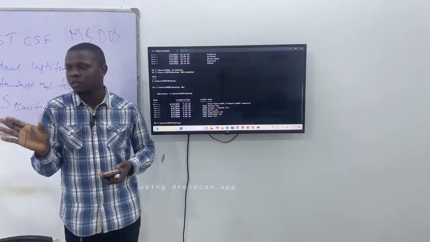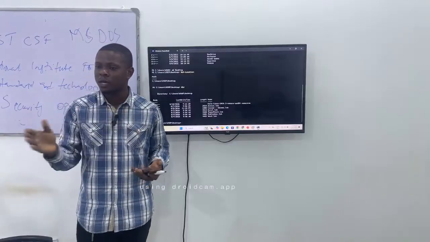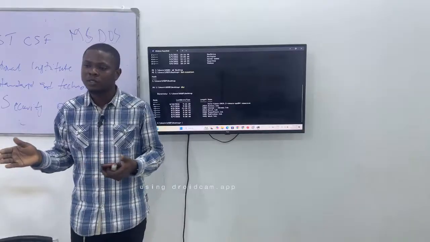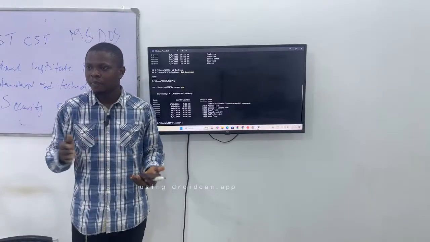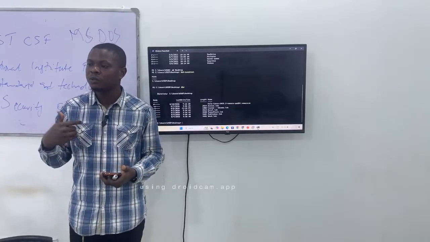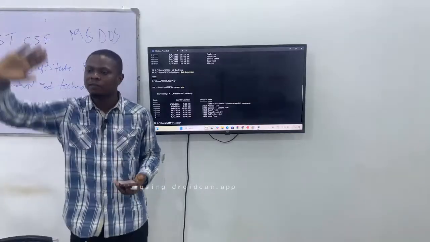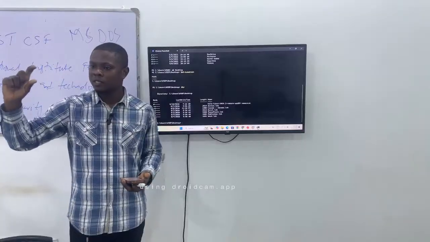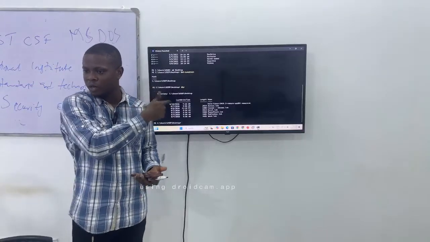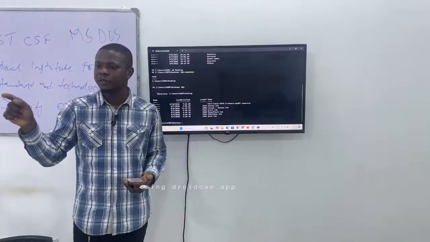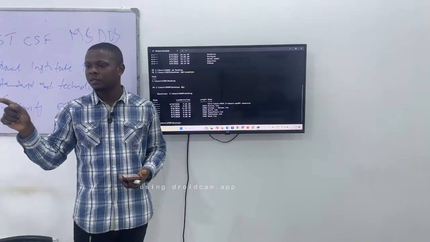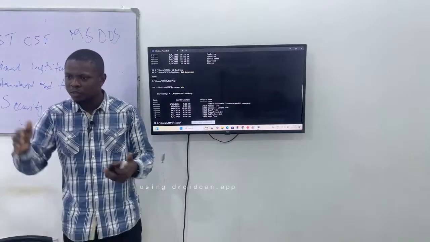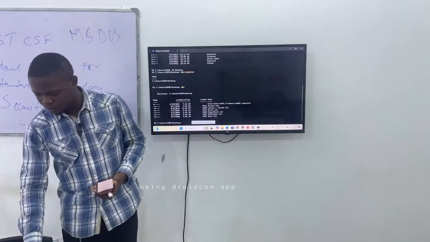These terminals or command line interfaces have similar commands, while some of the commands are not similar, right? Like for the Linux system now, if I want to list a directory to see whatever information is in that particular folder, I'll use ls. But on Windows PowerShell, I'm using dir. Is it clear? Yes, different commands. They do the same thing but the commands are different.